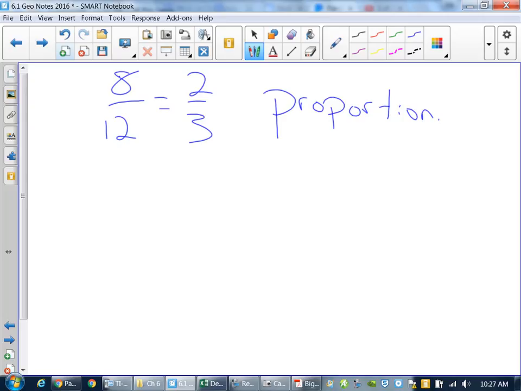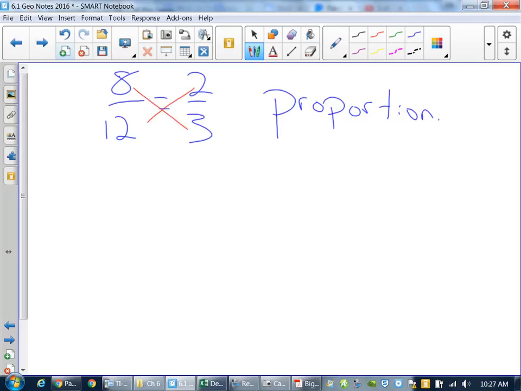A proportion is two or more ratios that are equal to each other. And exactly when you said simplifying fraction, when you simplify a fraction, guys, that is exactly what a proportion is. It just shows that it can be divided out. There's a greatest common factor there. Also, what happens when you have a proportion, if you cross multiply them,